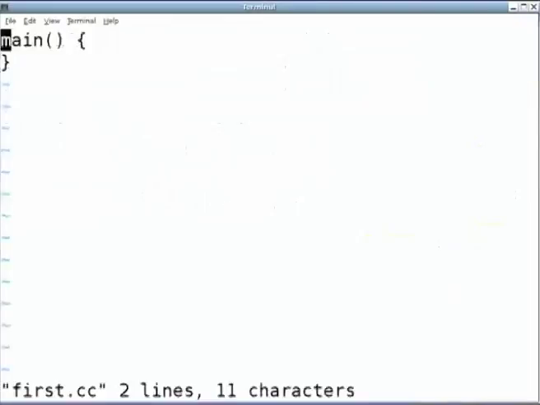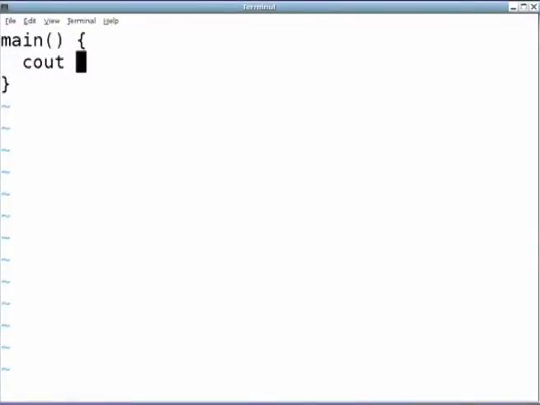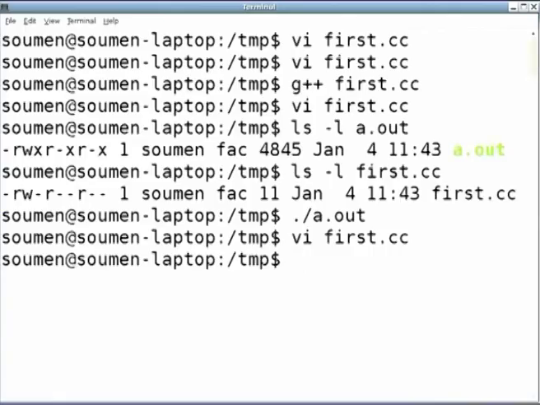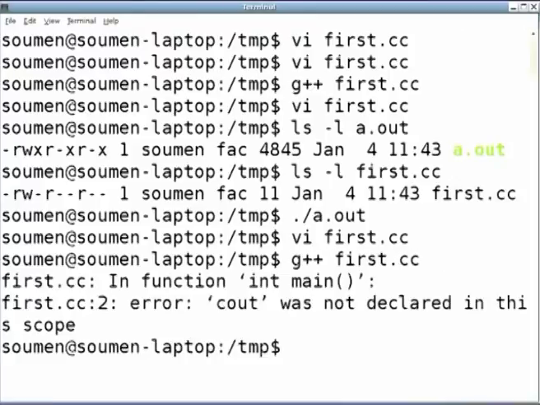Now let's try to print out hello world. Every statement in C++ ends with a semicolon. It may take one or more lines. So C++ doesn't care if you put this space here or not. You could write it like this. That's all fine. Okay. Now, if I save this and then I try to compile again using G++, it says,